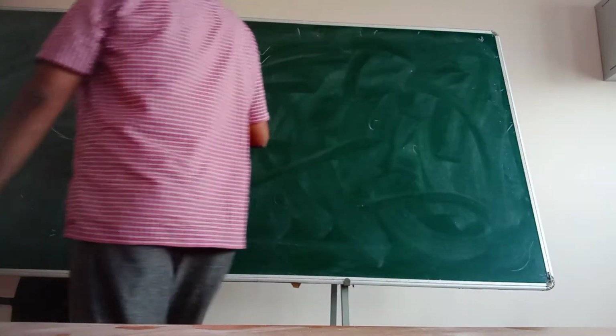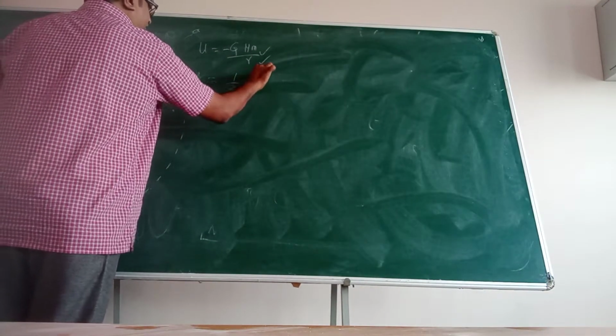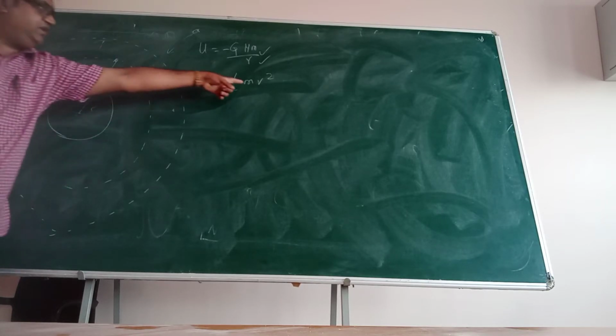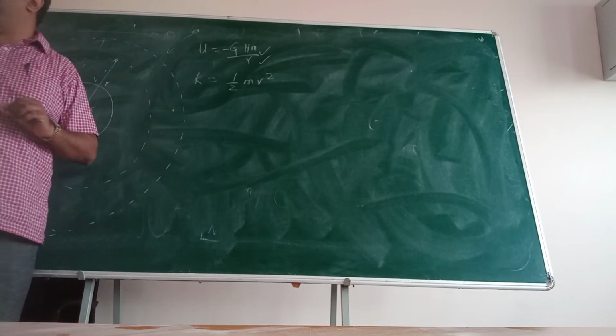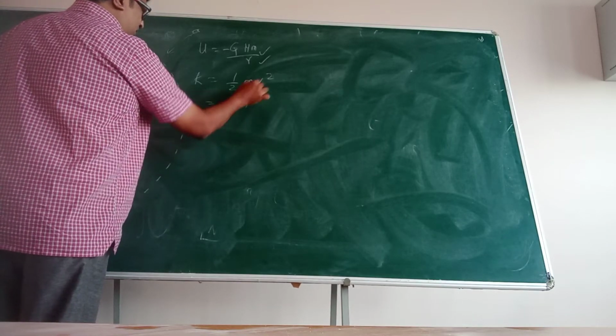And what is the kinetic energy possessed by it? Kinetic energy is given by half m v square. Correct? Now let us say this satellite is here. That means it is in some orbit. The satellite will be rotating like this. It won't be coming like this and going like this. The satellite will be rotating in some particular orbit. Then what is this v? v is the orbital speed, which we have just calculated.